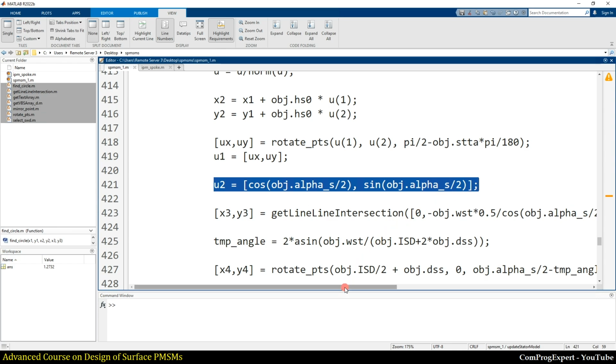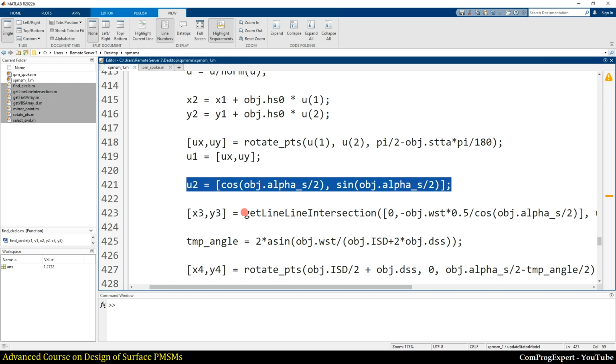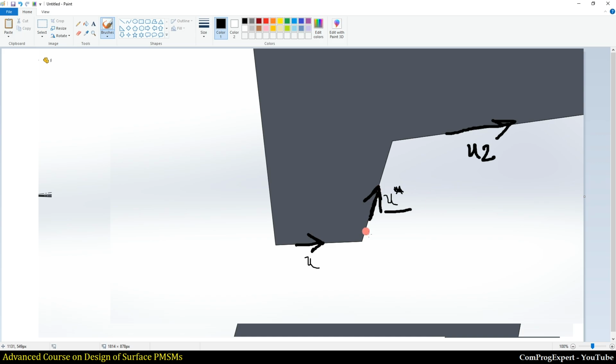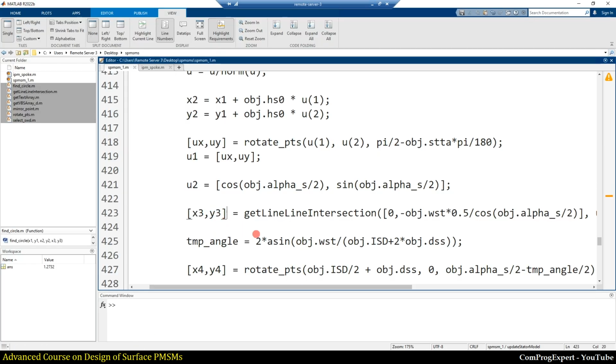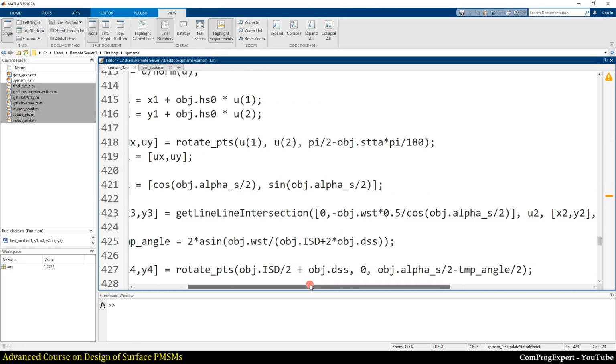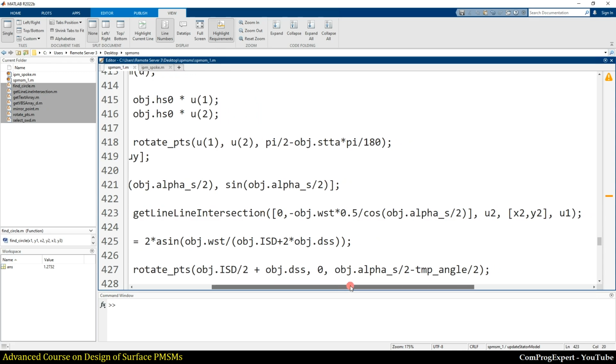And finally, we can use the get line intersection function to calculate the intersection of this line and this line to find this point number 3, the coordinates x3 and y3. The inputs of this function are these parameters.